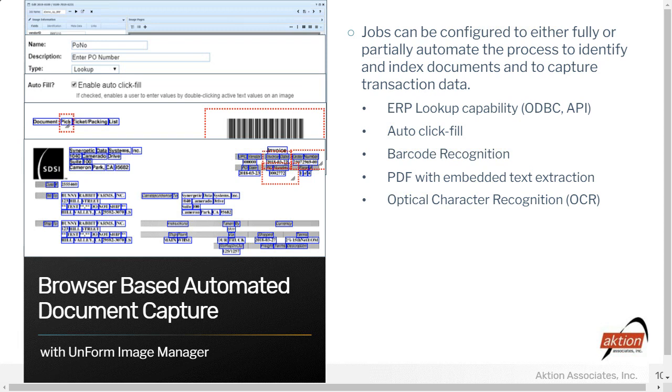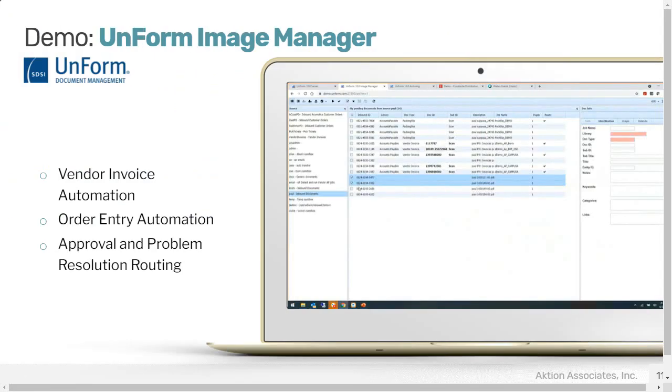For documents that don't have that, we have a couple different levels of optical character recognition we can use to extract that information. And again, the idea is to get the information from the document using whatever particular tool we need to ensure that it's accurate and to minimize the amount of human interaction required to get the document processed.